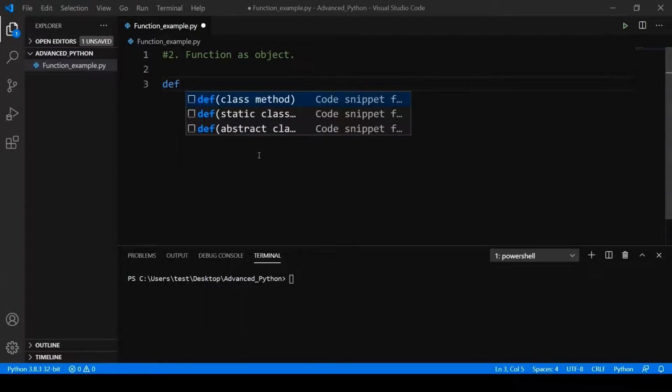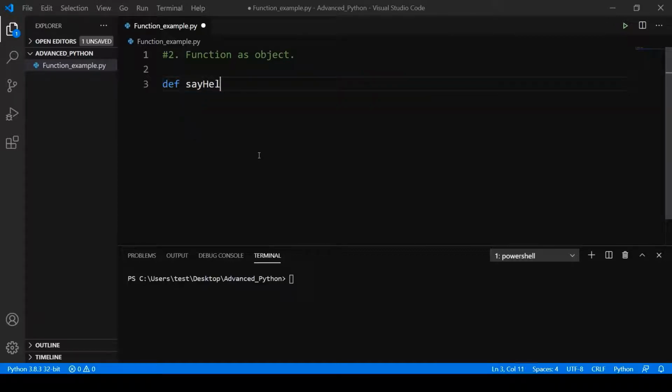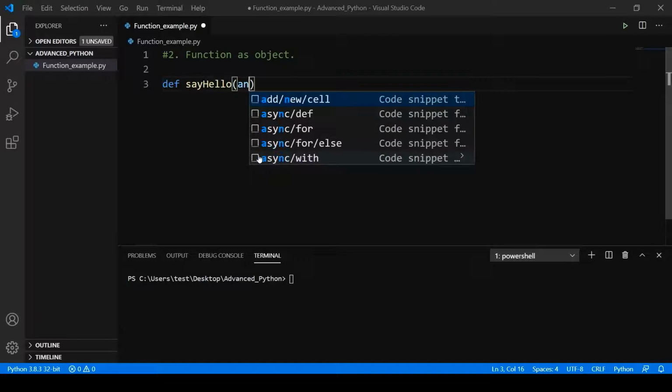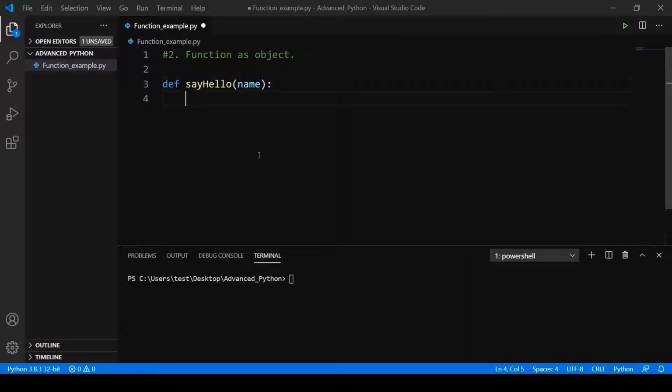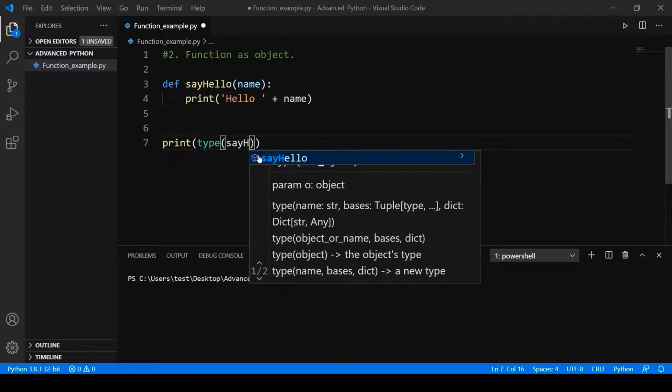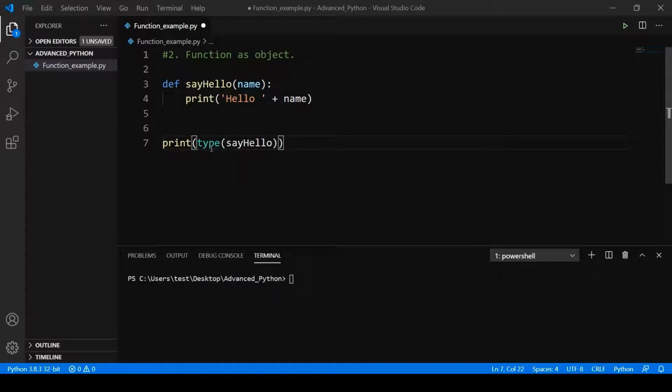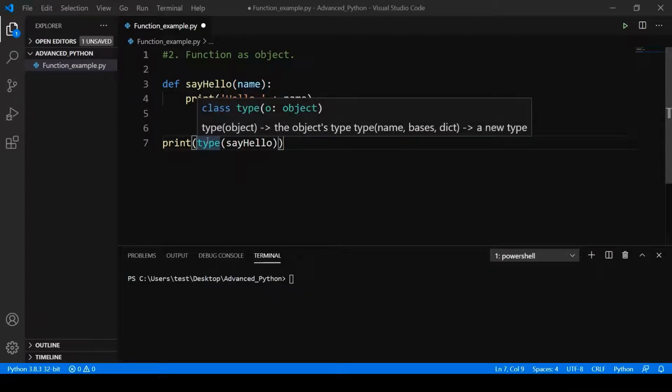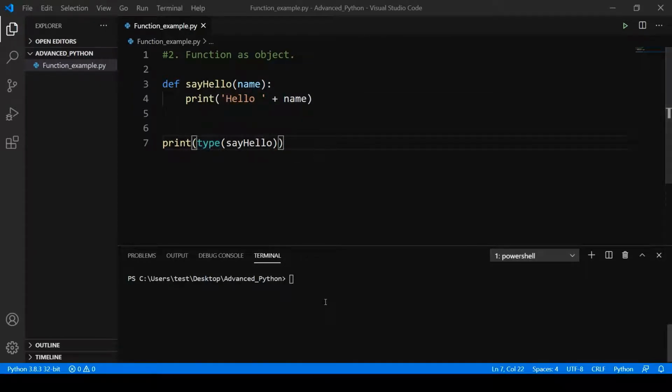We can see this with an example. So let me create a function which I had created earlier. Say hello, and let me pass name argument here, and let me print hello space name. So if I print type of say hello, so we can see type is an inbuilt method of Python which will print the object's type. So if I run this,